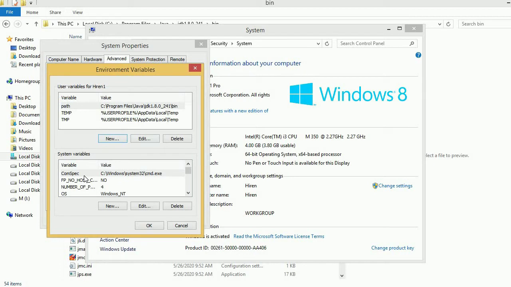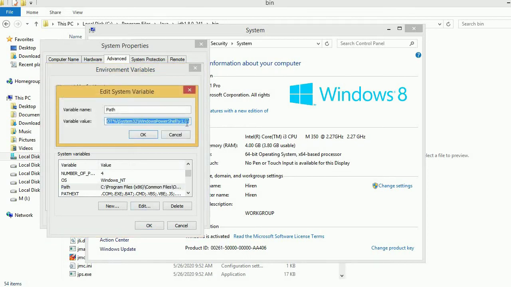And after the user variable I am now setting the system variable. In the system variable the path is already available, so click on edit. At the end give a semicolon because we are adding a new path, then paste your path here, right? After pasting this path give the slash here so that the directory will be found, then press OK.